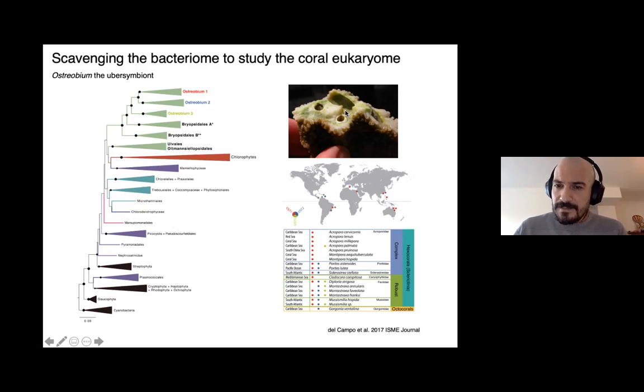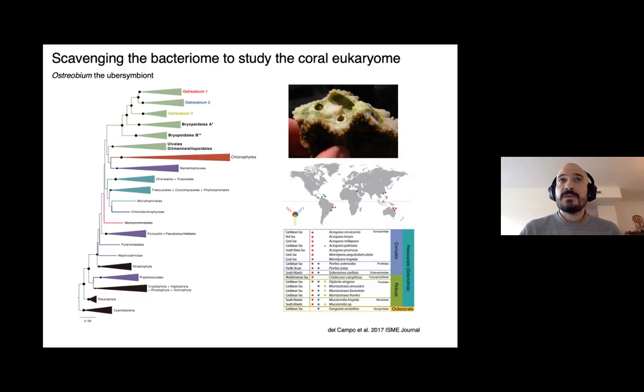But if there's a bleaching event, this phenomenon where the algal symbiont of the coral leaves the coral, for a certain period of time, Ostriobium moves up. So here you have the living tissue of the coral. So Ostriobium goes from the skeleton to closer to the living tissue of the coral, and it starts providing photosynthetics to the coral and can keep the coral alive when the zooxanthella, when the algal symbiont is not there, allowing a more extended period of time under these bleaching conditions.